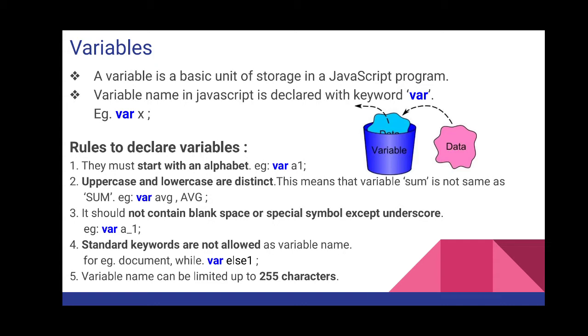So again I'll repeat, a variable is a basic storage unit for our data, a storage unit where you can store our data. Since this data will be changing and may not be the same forever, it is called a variable. If it remained the same, it would be called a constant, because the data stored in the storage unit would be the same forever. So I hope you have got the difference between a variable and a constant.